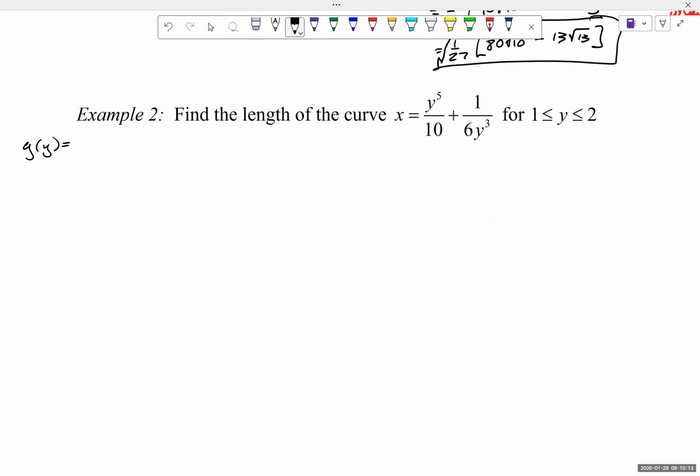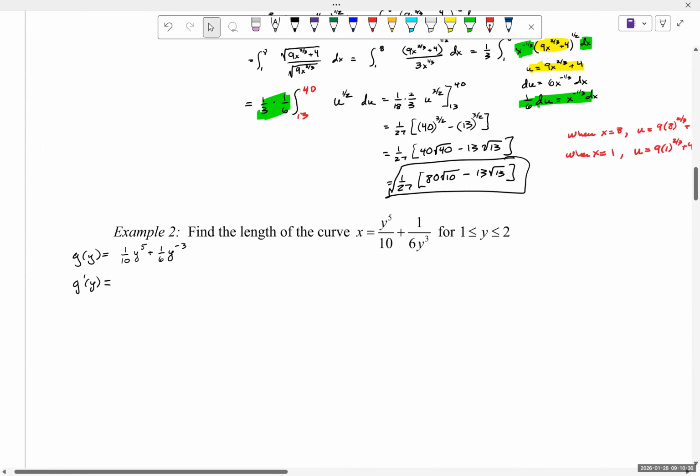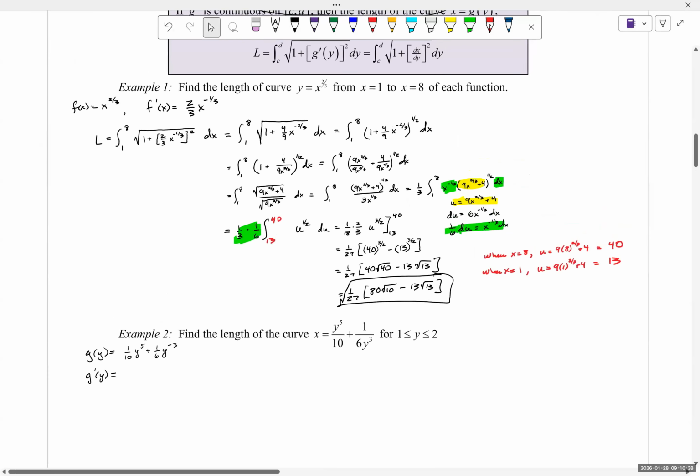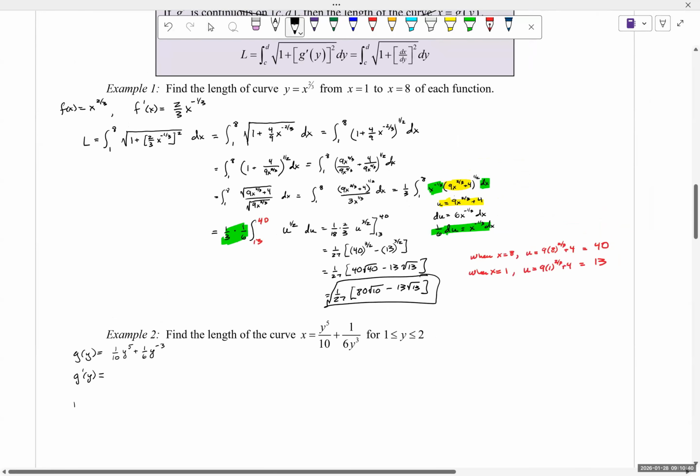Say again, I didn't hear you. Okay, so I would start off by putting 1/10 y to the 5th, and then you're saying 1/6 y to the -3, and then you can just use the power rule. Yeah? Okay, so go ahead and find g prime of y, and then go ahead and set up your arc length as you see at the top of the screen there, which is L equals the integral from 1 to 2,